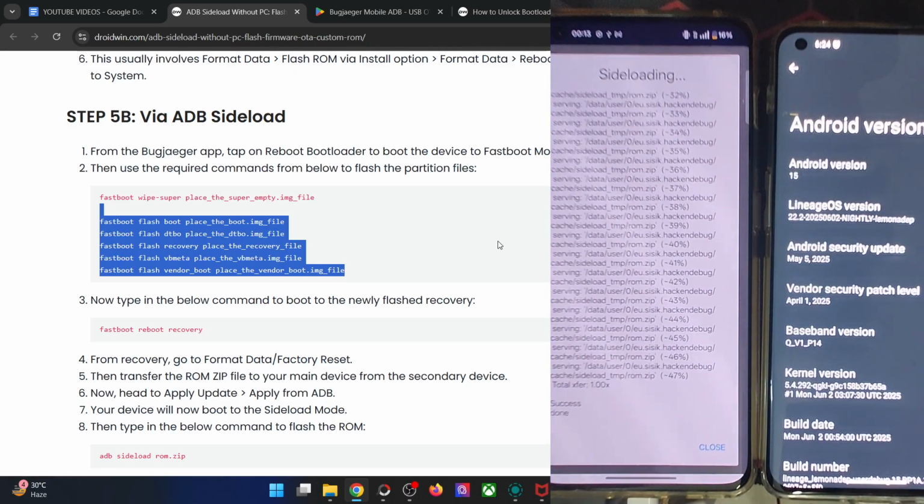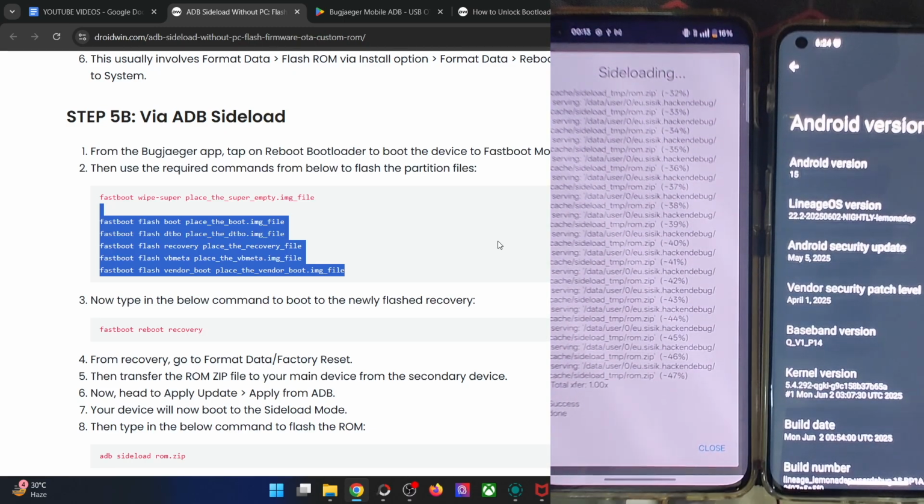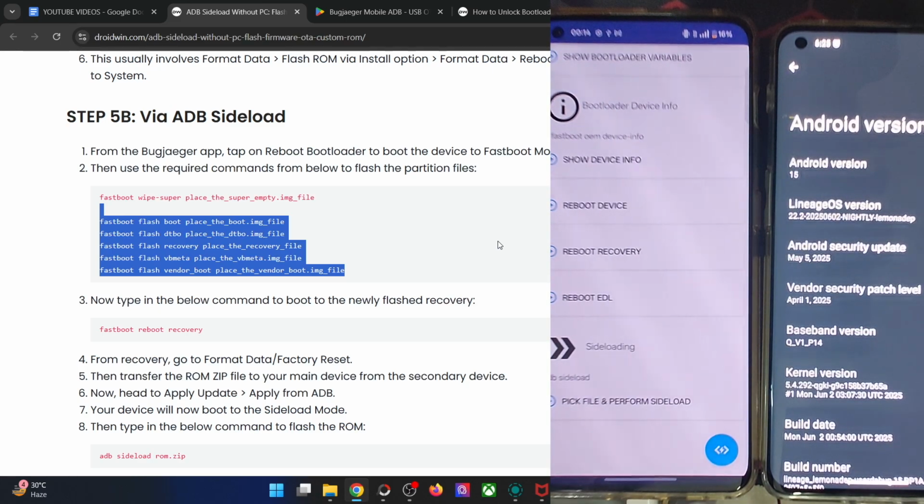So if you have any query with regard to any of the steps, do let me know in the comment section. And if the USB OTG or cable is not working, please try to change the USB cable as well. I tried in the third attempt because in the first two attempts I was using a faulty cable. That might be causing the concern. So please change the cable and then try out the result as well.